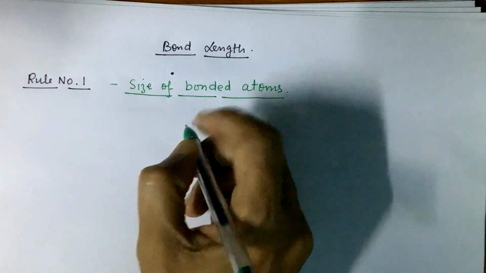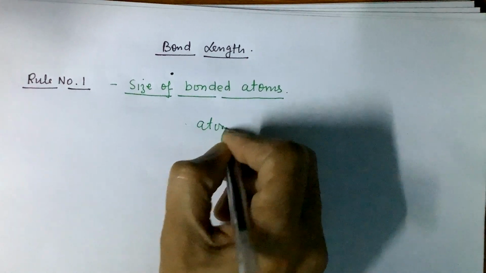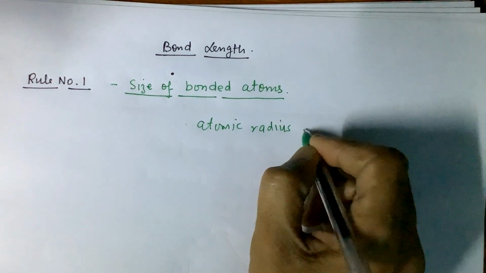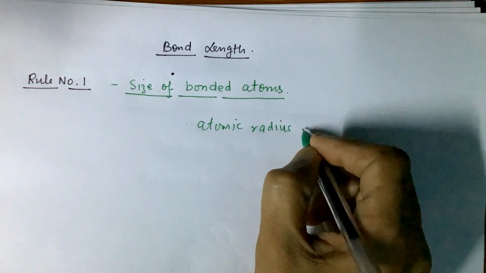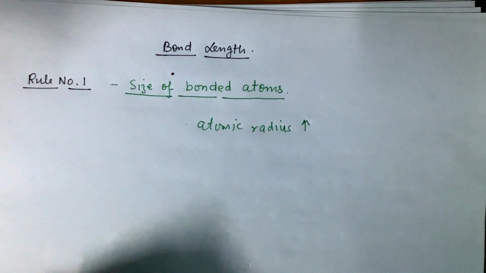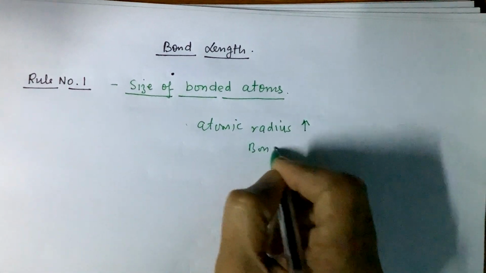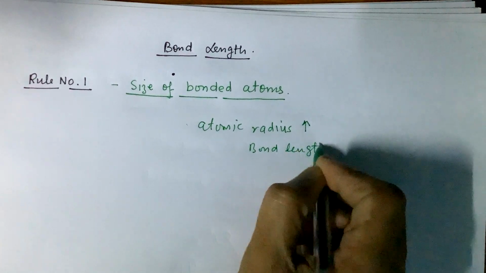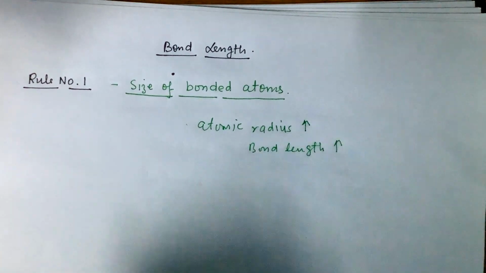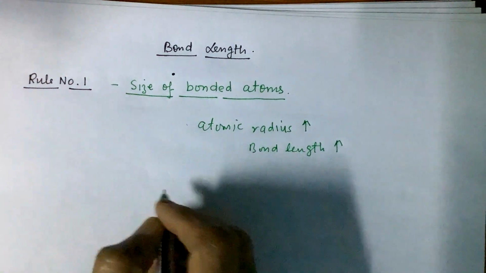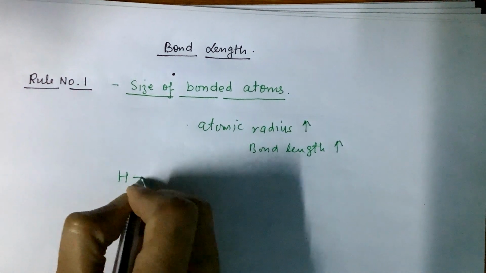If the atomic radius of the bonding atom is more, then the bond length will be more. How? See, there are some molecules like HF